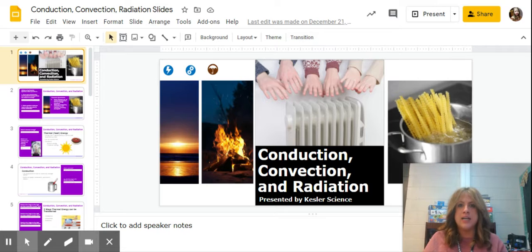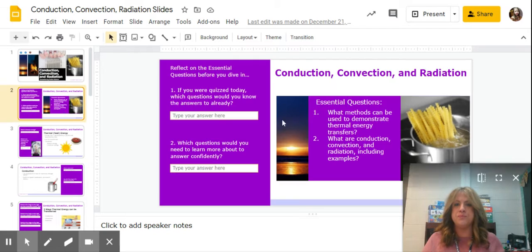It could be by direct touch. One of them is direct touch. One is a liquid and gas. And one is by electromagnetic waves. So on this first slide, it says